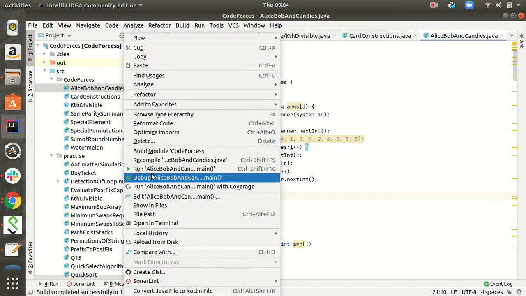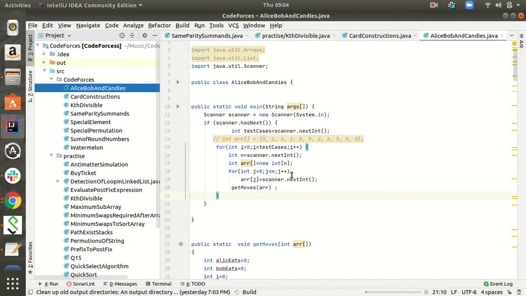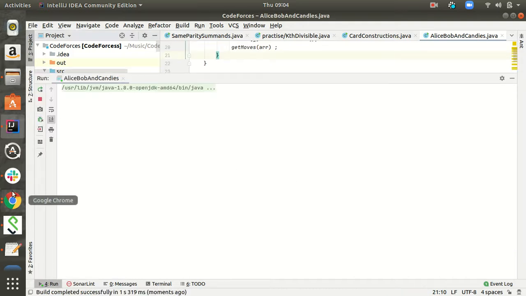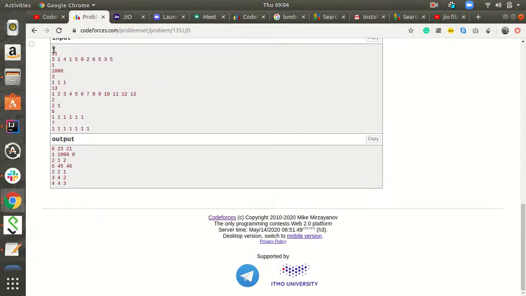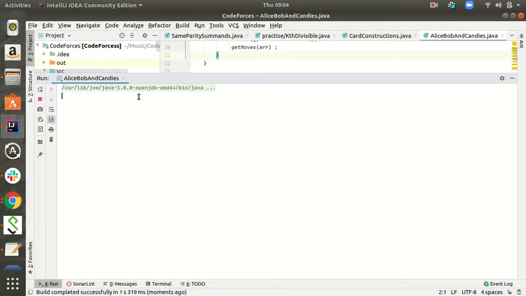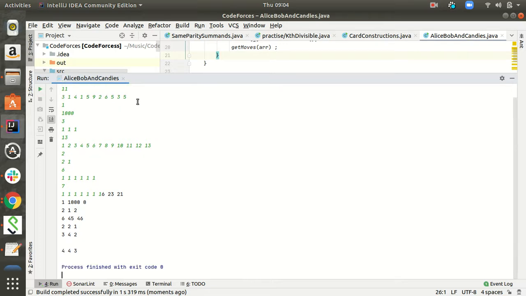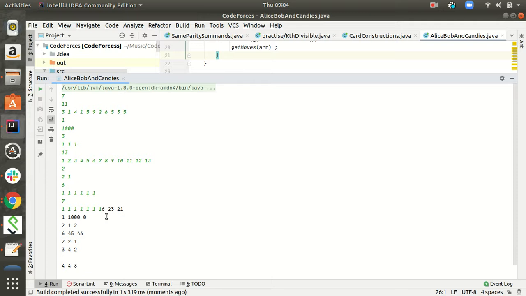Let's run it. We'll take input from over here. So you can see it is printing all those elements, 6 23 21.